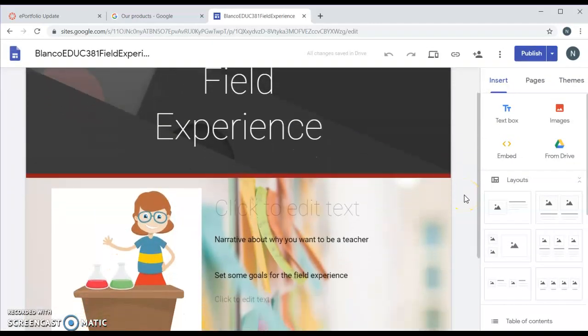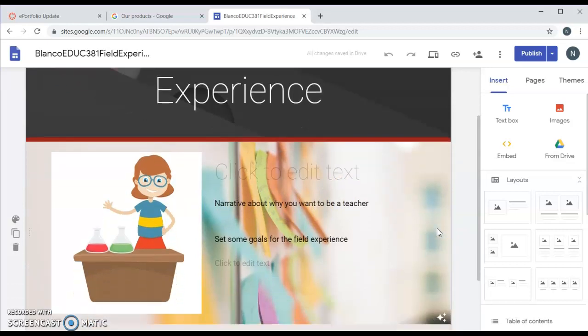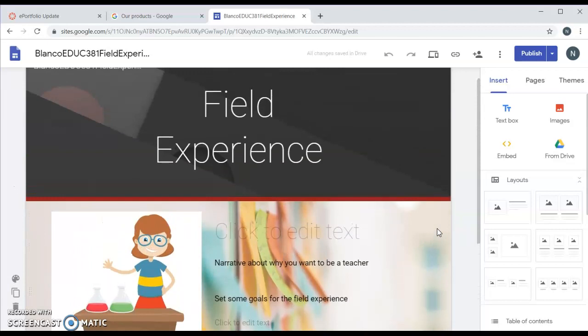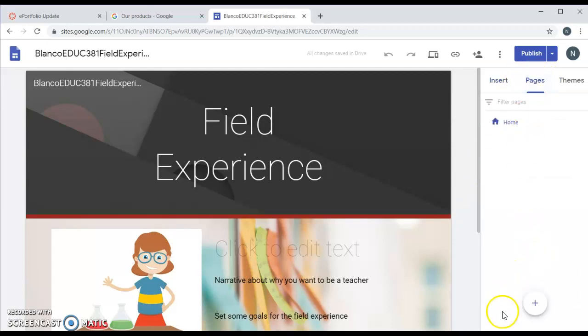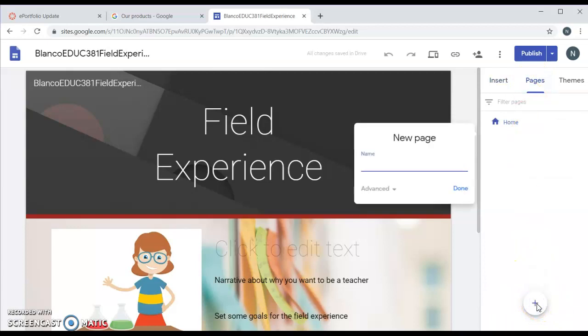If you remember, we already worked on our home page where we added some pictures, added some narratives. You may or may not have added some background images, but we'll look at adding background images, adding pictures, adding narratives to other pages that we're going to be adding. So far, all we have is a home page. So to add additional pages, we're going to use the Pages menu and click on the plus sign to add some pages. The ones we want to add are placement,